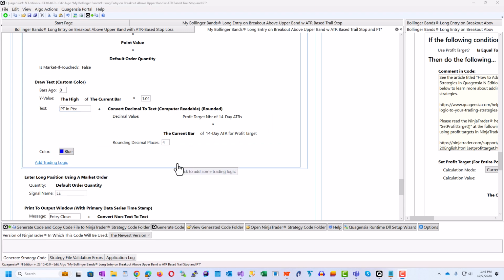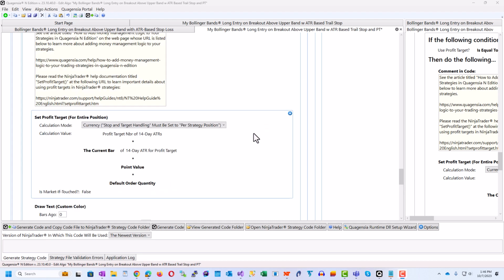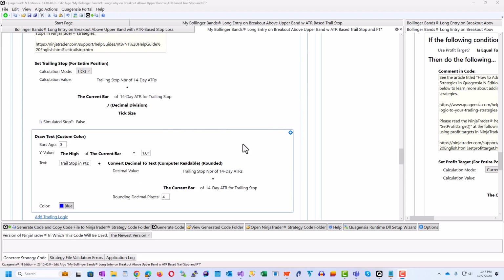Before we save our strategy and deal with the two indicators with the same input parameters, let's go ahead and change it so the profit target in points is drawn 1% above the high of the entry bar. But let's change our trail stop in points to be something other than 1% above the high of the entry bar, or else they will be drawn on top of one another and you won't be able to read either message. So let's say 1% below the low of the entry bar for the trail stop and